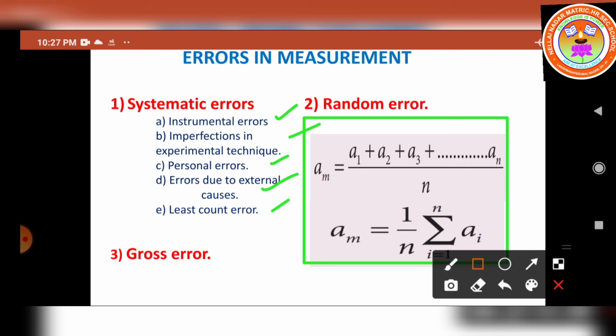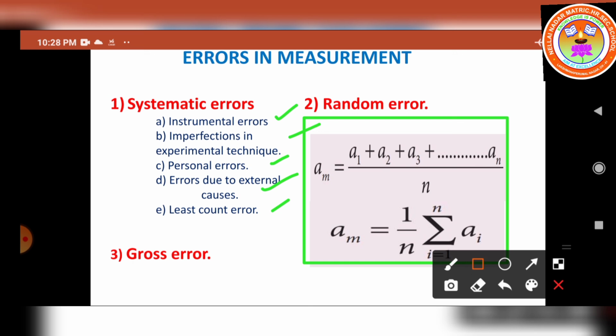Okay, so the next type is taken as gross errors. The error caused due to the sheer carelessness of an observer is called gross error. For example, reading an instrument without setting it properly. So, improper setting. And second one, taking observations in a wrong manner without bothering about the sources of errors and the precautions. Third one, recording wrong observations. And fourth one, using wrong values of the observations in calculations. So this kind of the error is taken as gross errors.